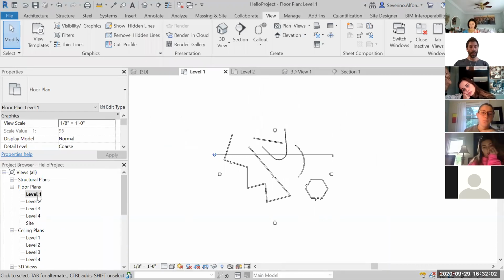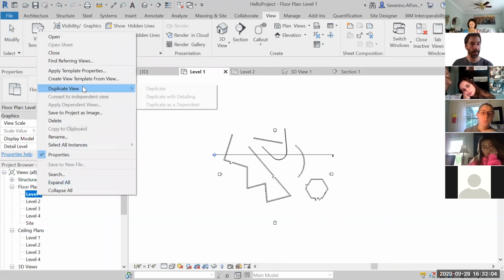I can right click on the plan and say duplicate view with detailing. There's duplicate, duplicate with detailing, and dependent. I recommend always use this option, with detailing, it just brings more information. So if I duplicate with detailing this plan,